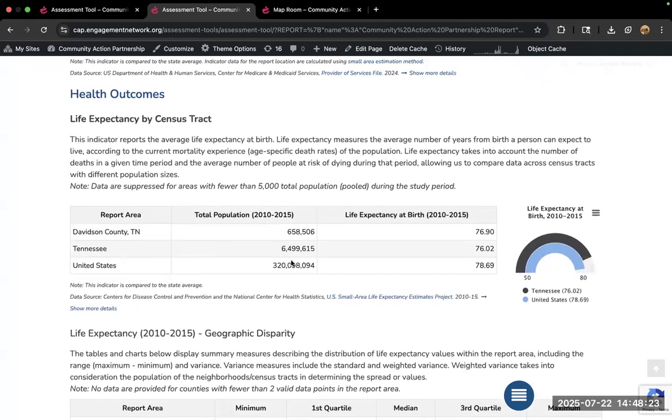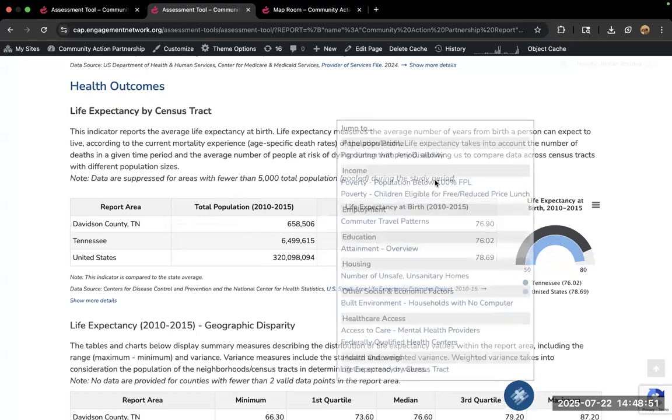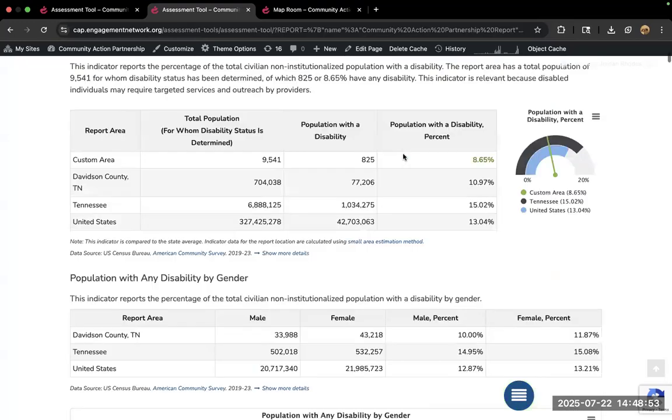And as you can see with this one, it has removed our small area. This is going to happen occasionally for select indicators that are usually collected at the county level, so they don't quite have the capacity to support those small area estimates reliably. And so we're never going to give you data that we do not stand behind. But for all of these, we're going to be able to give you county level data. So I'm going to jump us back to the top.